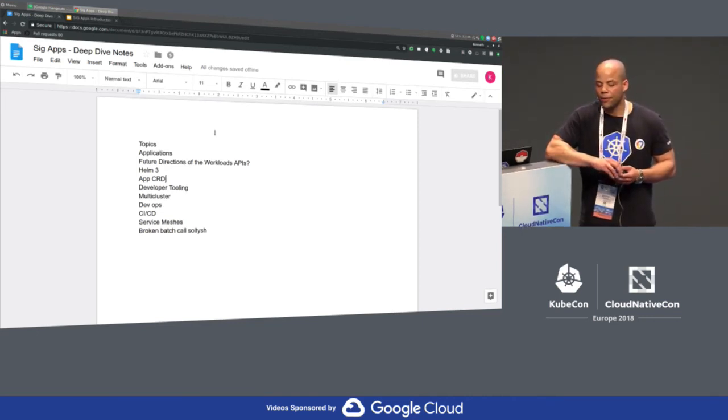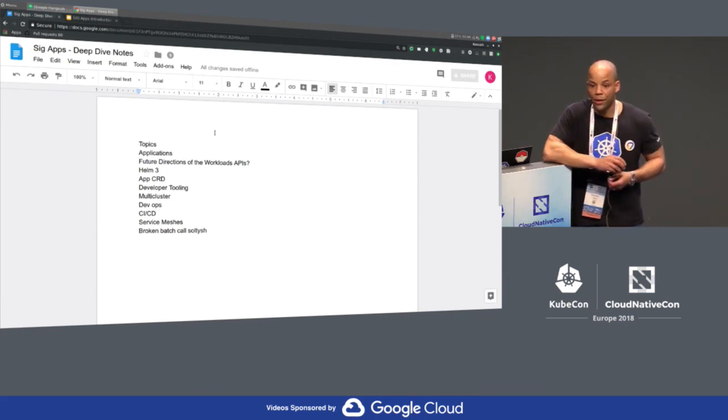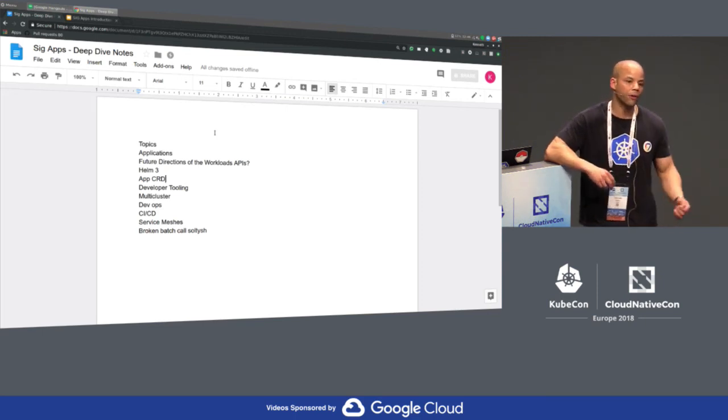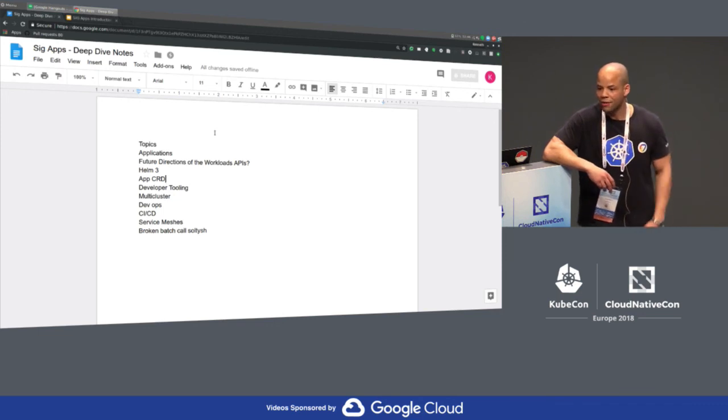So I think everybody who's a participant in the community is really just looking to make your lives easier. There are a lot of opinions on the right way to do packaging. There are hooks in Helm 2, and they're trying to put hooks in Helm 3 to make it easier to be more opinionated personally and to turn up infrastructure that's a modification that leverages the existing Helm infrastructure in order to add value to your cluster. So there's that.